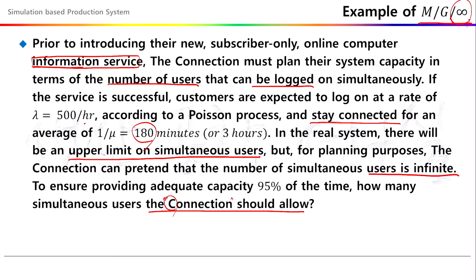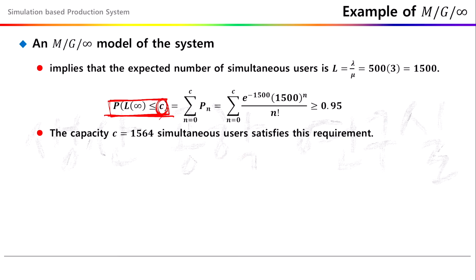So in this example, the design variable is the 95% capacity. It means that 5% is the safety factor. So in order to be 95%, the design variable